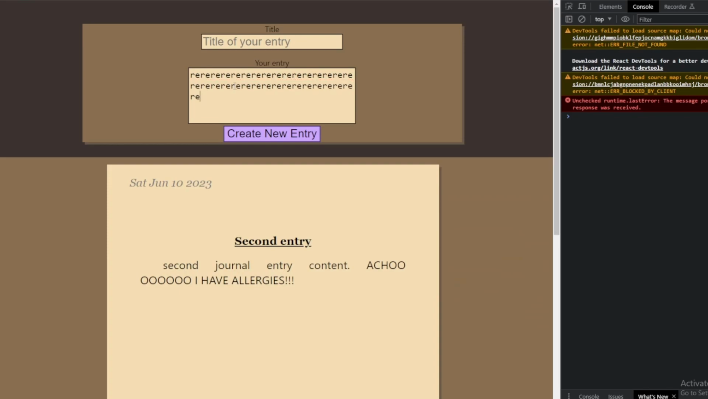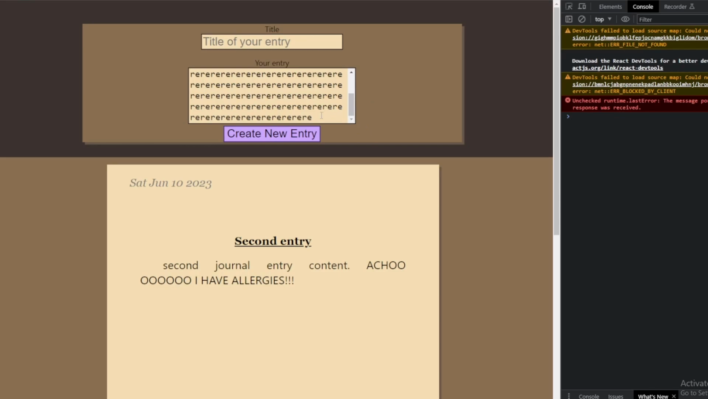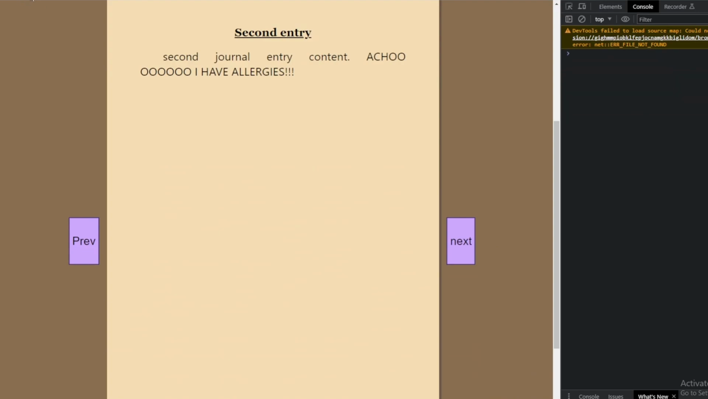Let's see if I add a lot of text, and I would do it like that. So basically, if my text gets big, it will have an overflow-y scrolling. So okay, so now